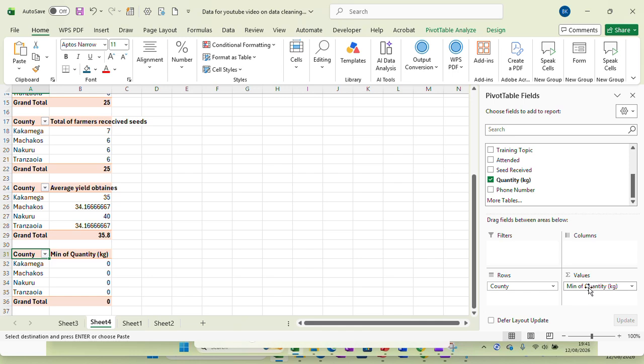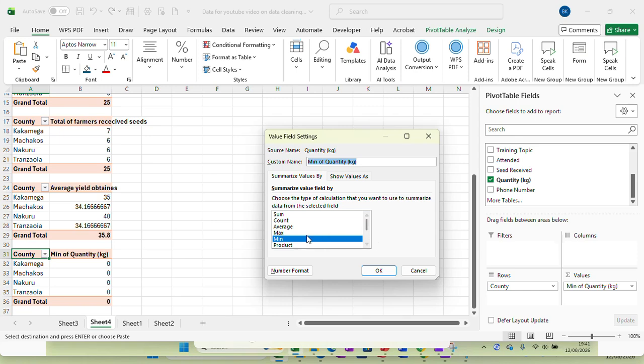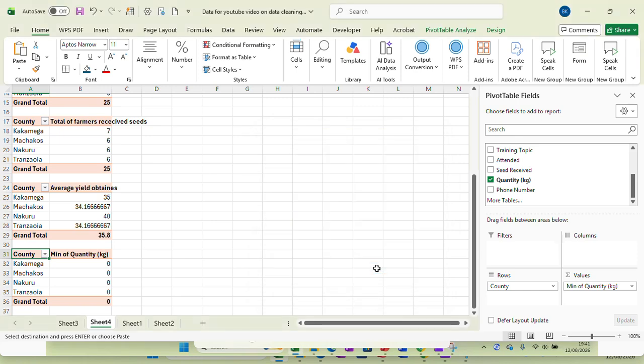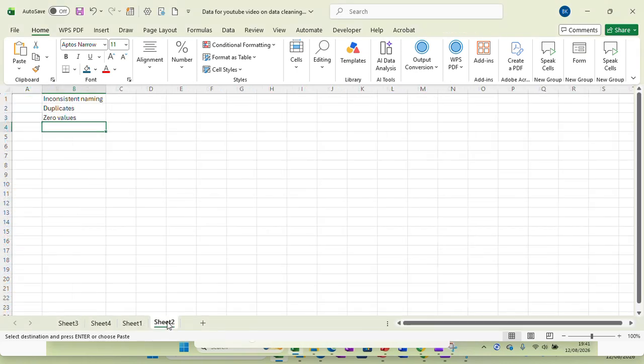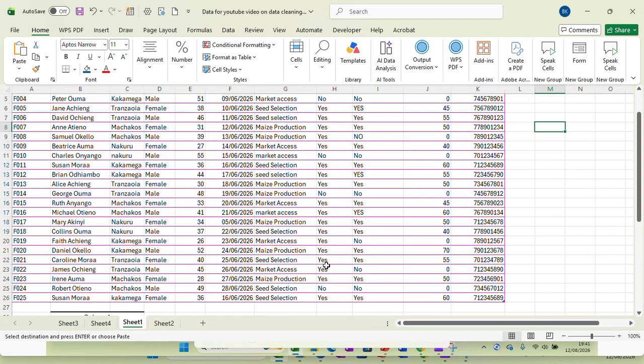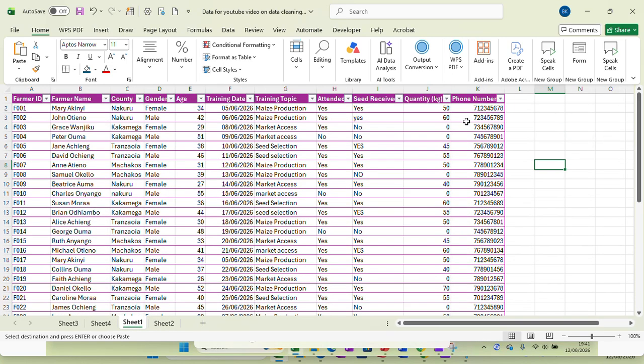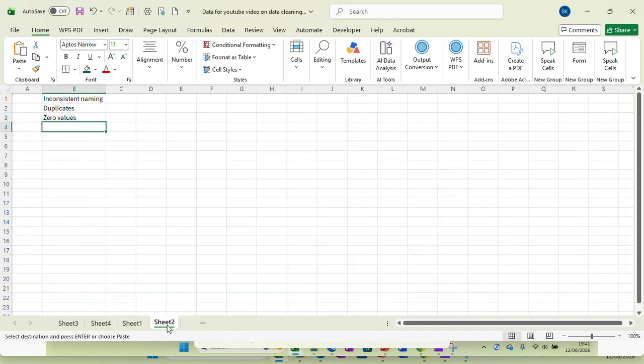Sorry for that. So we have the minimum. So the minimum was 0 because we recorded. When you look at our data, where is our data? So we have those which were recorded as 0. So let's go back